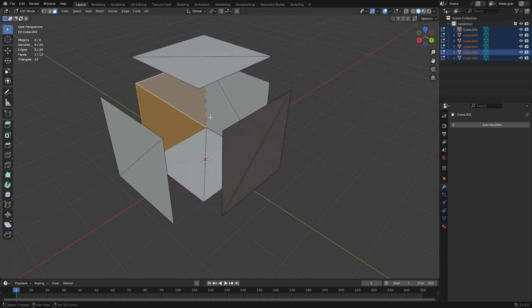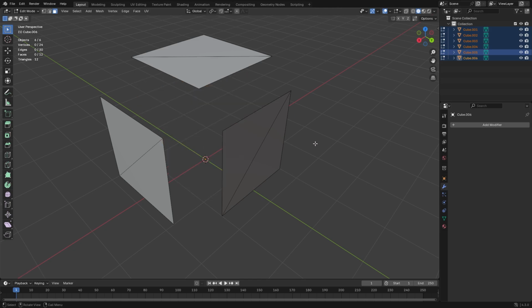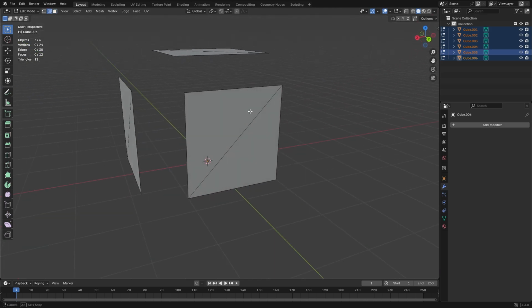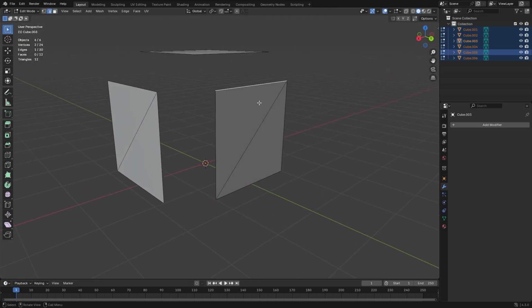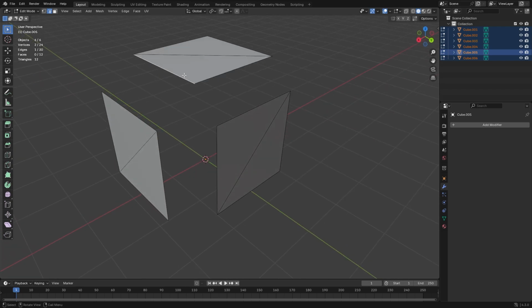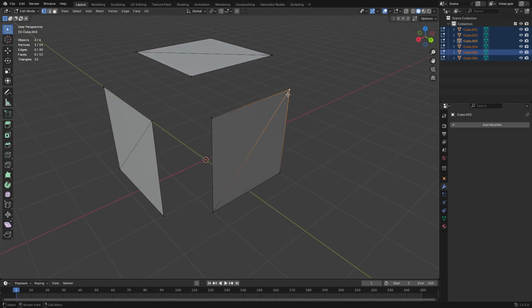So for a cube with 6 sharp edges, there are 30 edges and 24 vertices. These numbers come from the engine counting each face around the hard edge as a separate thing, so each quad on this cube has 4 vertices, 4 border edges and 1 diagonal edge that triangulates it.